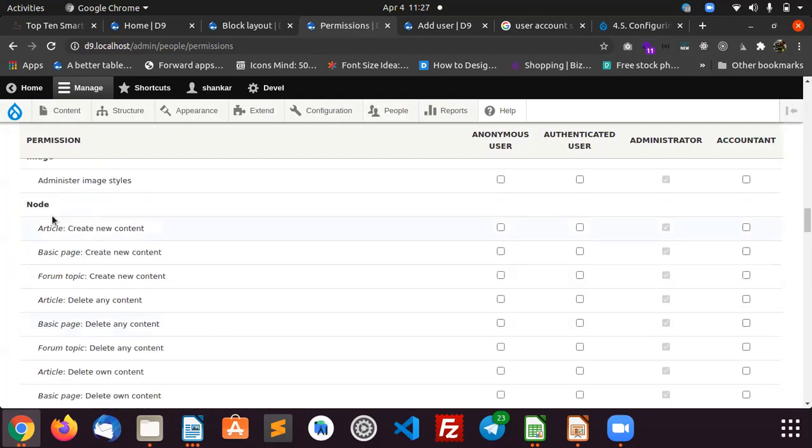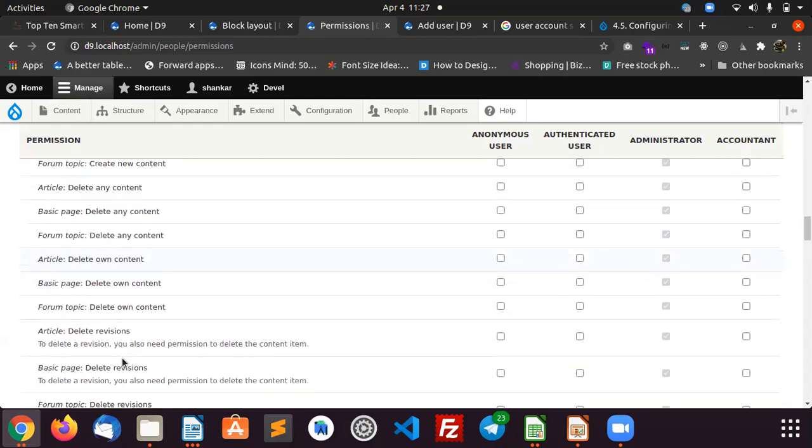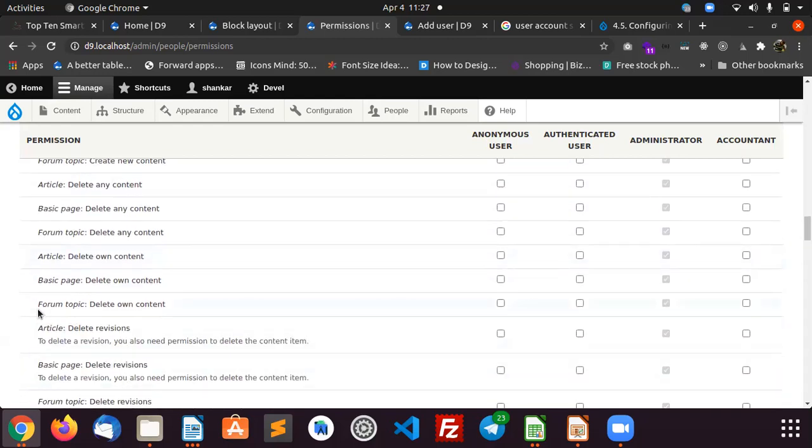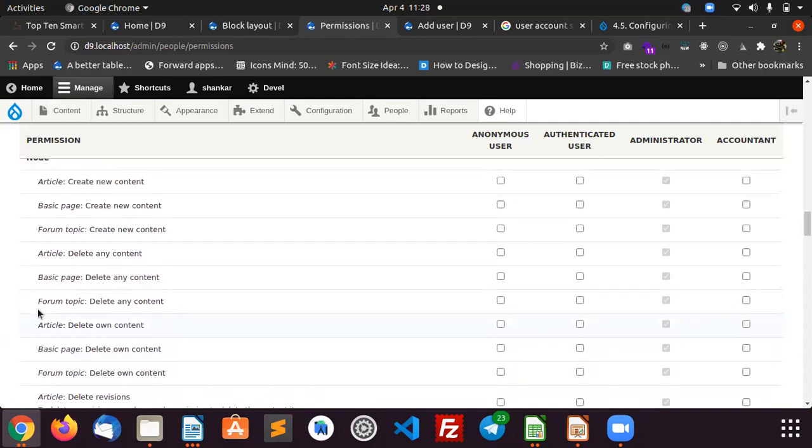You should navigate to the content area. Here it is, the node level permissions. Which role do you want to create content? Which role do you want to delete any content? So create content, create any content, delete any content, and delete own content. You can configure whatever permission level you want. As an accountant, assume an invoice content type is created.